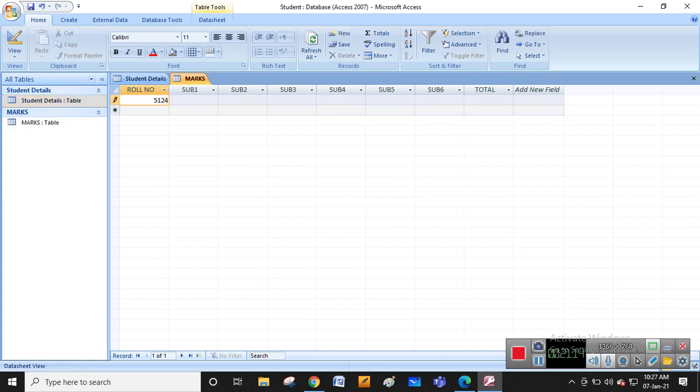I'm entering roll numbers, same roll number should be there. 5124, name Rajesh Kumar, father name Rani, date of birth 28/11/2002.